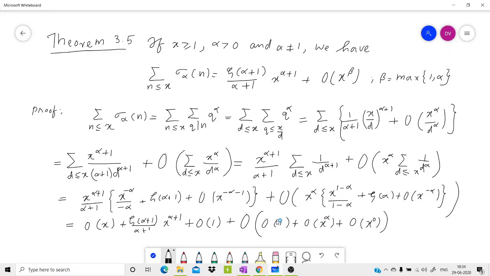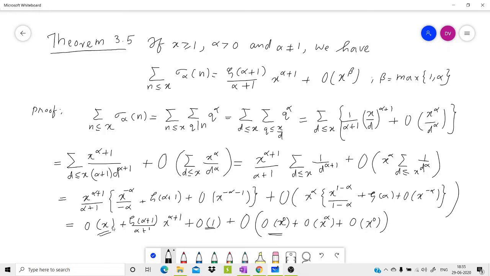Then we need to consider these two, O of 1 and O of x raised to alpha. So if alpha is greater than 0, we can say that this is O of x raised to alpha. Because this term can be considered as x raised to 0 again. So among this, alpha is greater than all these powers. So this whole quantity can be written as O of x raised to alpha. Okay, so when we consider this term, we have O of x here, O of x raised to 0 here. This can be translated to O of x raised to alpha.